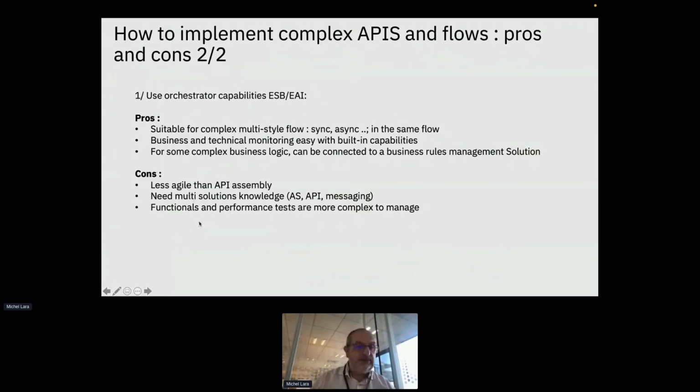And the cons, of course, is that it is less agile than an API assembly, and this type of flow needs multi-solution knowledge. You have to know API, you have to know messaging, you have to know an ESB. So it's more complex, of course.